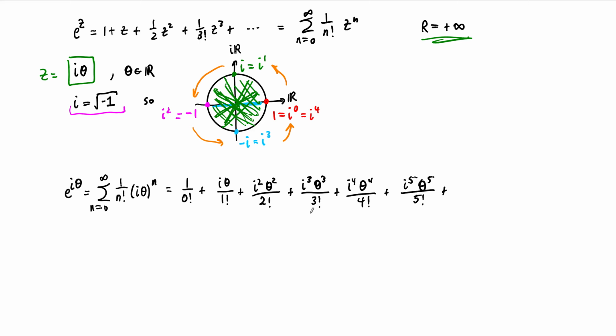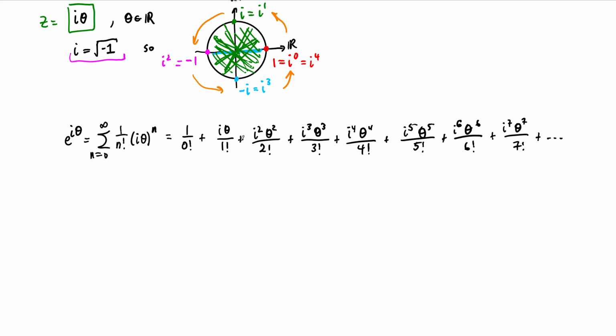So we've gone 0, 1, 2, 3, 4, 5. Let's do at least 2 more here. So i to the 6th, theta to the 6th over 6 factorial, i to the 7th, theta to the 7th over 7 factorial, and then obviously this is going to continue. So I've written out here probably a lot more terms than you expected me to, but there's a reason. One of the reasons I drew this circle of i's here is